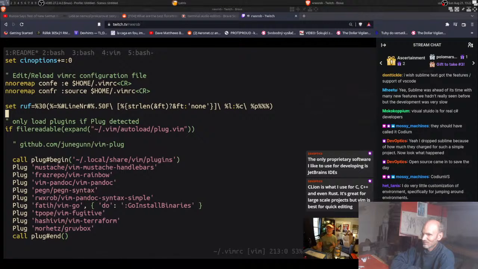But as soon as you add too many plugins, you end up getting an IDE, and that IDE has all the problems of an IDE. Are you going to find VS Code on your jump box at work? Hell no. You're going to be lucky to find Vim 8, right? But if you're living on a machine and you're never leaving that machine,